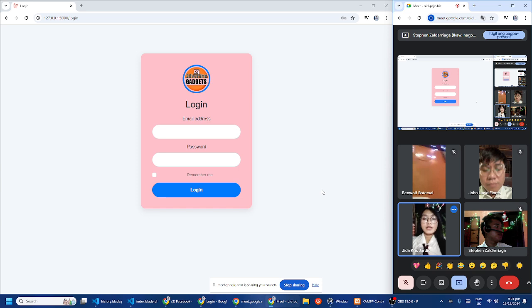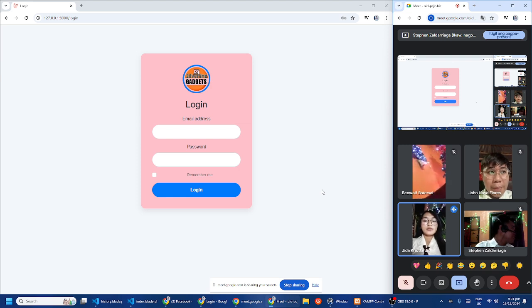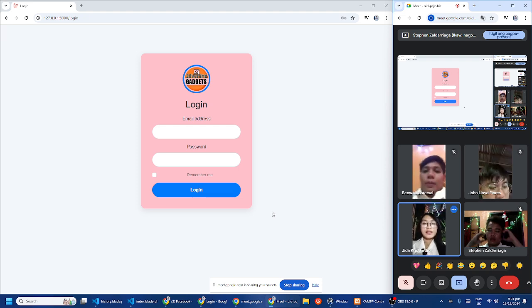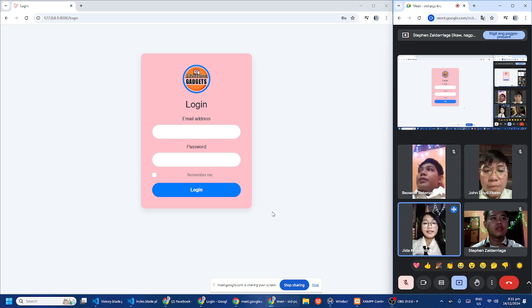This is the login page of our inventory system. It ensures that only authorized users can access the system, enhancing security and preventing unauthorized access. The Silverline Gadgets logo is displayed prominently at the top for branding and to identify the system. Clearly, that indicates that this is the login section.